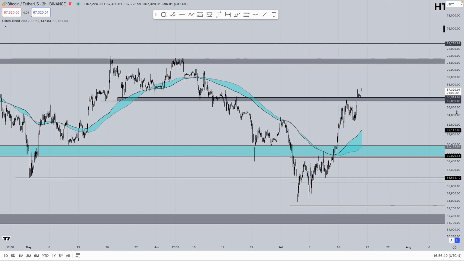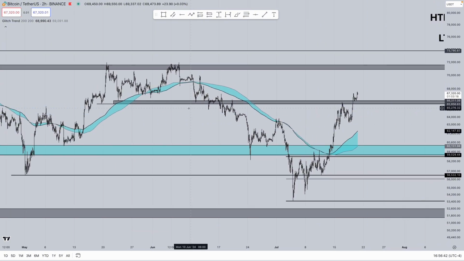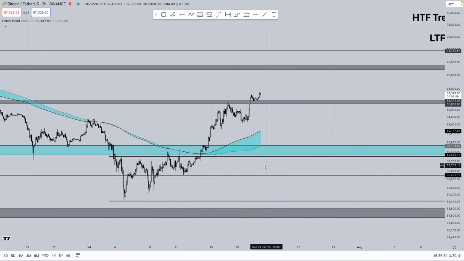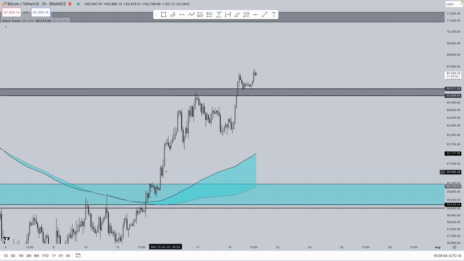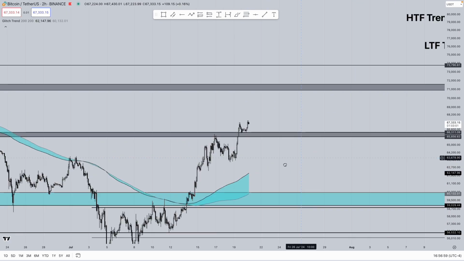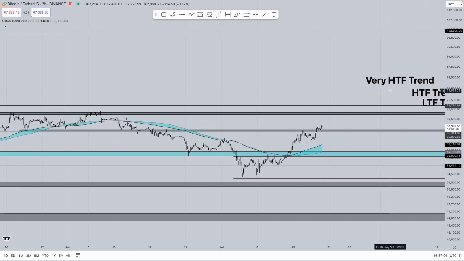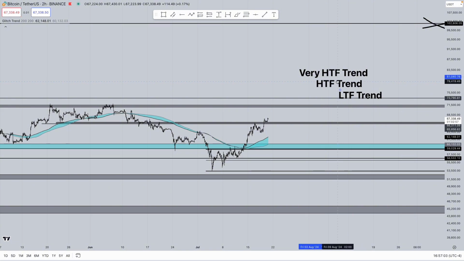Okay, so you can see this 2-hour trend is very nicely respected here. It held as support on the way up and then held as resistance on the way down, and then we reclaimed it, even gave you a little retest kind of over here, and then we got continuation higher from there. So now we have identified the very high time frame trend, the high time frame trend, and now